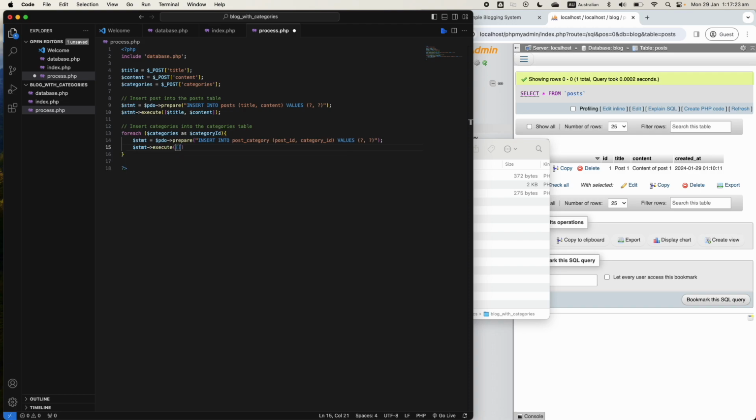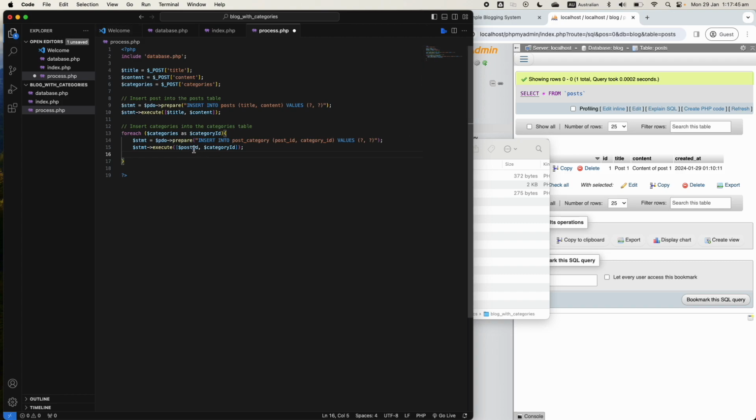In this case, the first thing we need is the post ID, the second is the category ID. We have the category right here based on the user input,